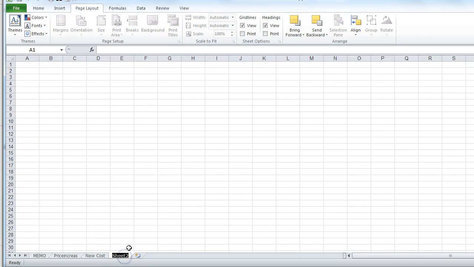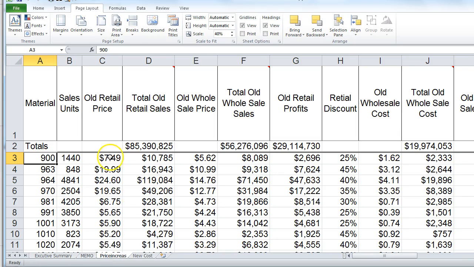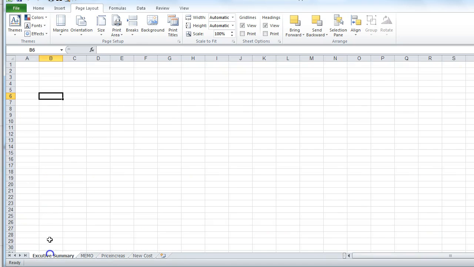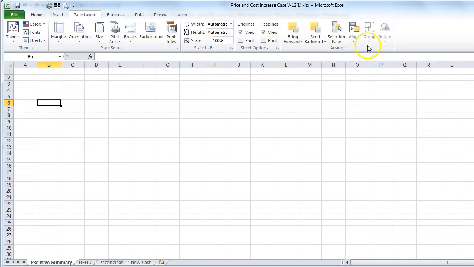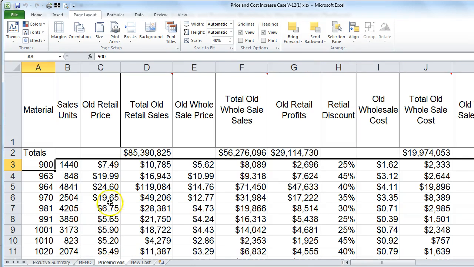Let's create a new sheet. Executive summary. Move this to the first position, and now you can create your executive summary and finish the case by analyzing the data that we just put together in the spreadsheet. Okay, so that's basically how you complete the spreadsheet price and cost increase,